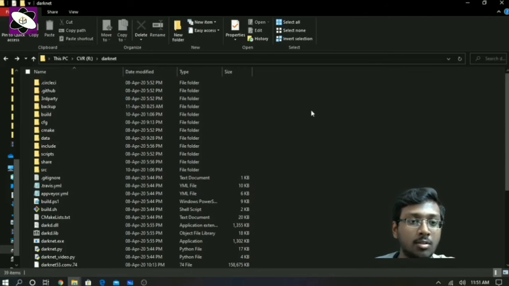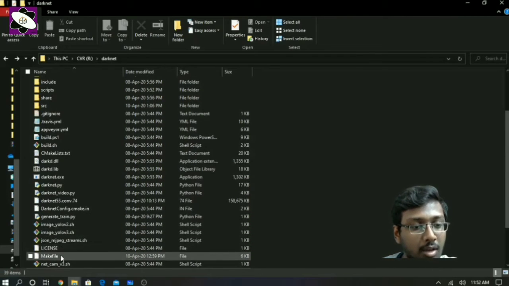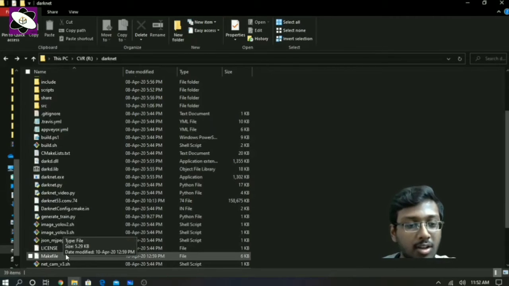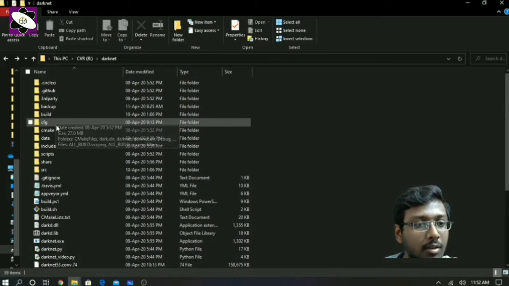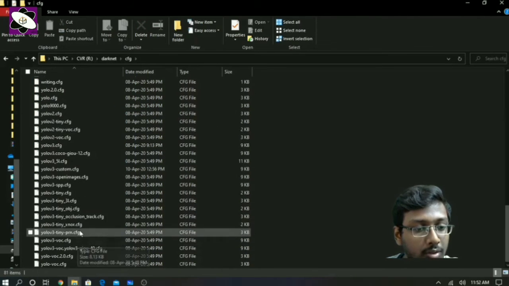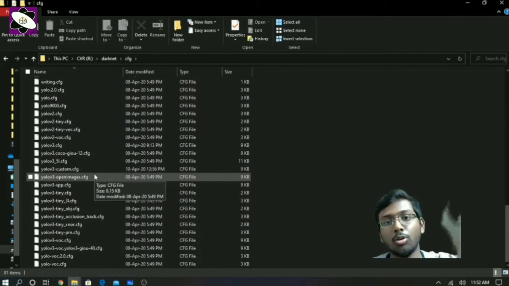Coming to darknet, here is what we need to do for custom training. Use this CMake file, and in CMake we will select CUDA and NVIDIA cuDNN. All those checkboxes you have to tick, and then we go over here, to the configuration file. In the configuration file, you need to take YOLOv3. These are tiny ones. We need to select weights, because we have layers with artificial neurons, so what weights should be used?